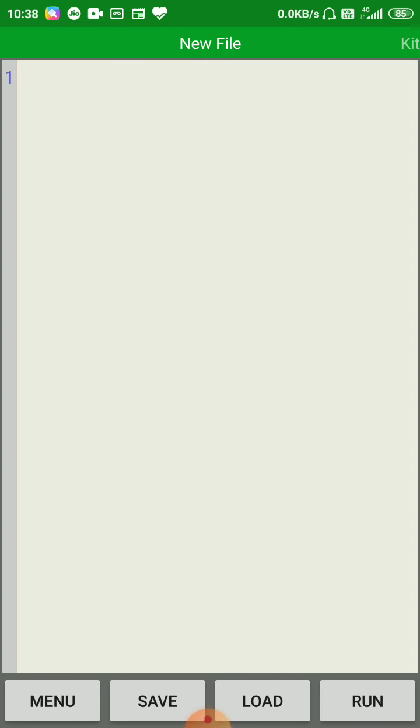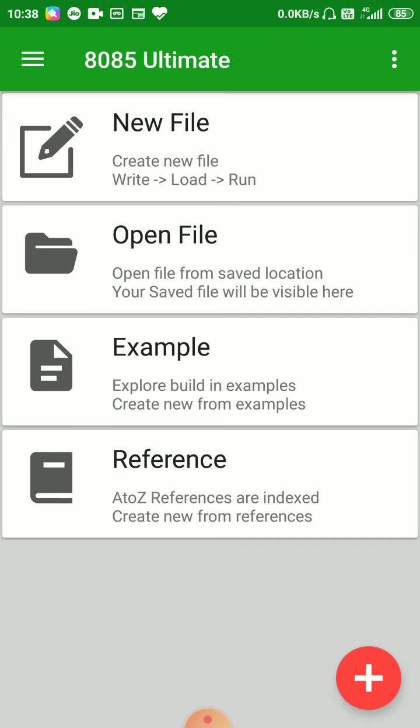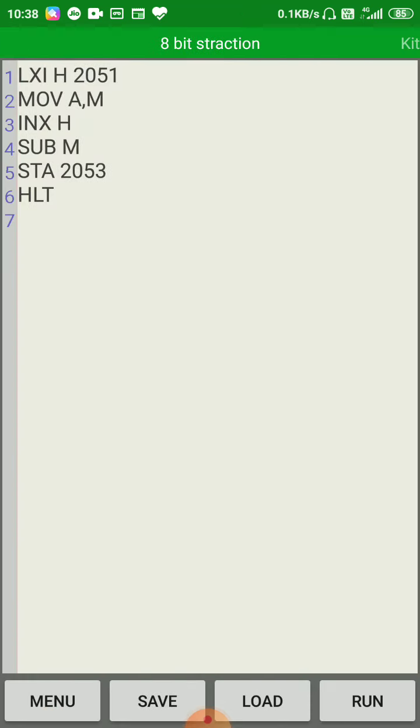I have already saved the program in my folder, so I'm going to open it from open file. Here is your program under 8-bit subtraction. As I have told you earlier, you will write your main program on this window.